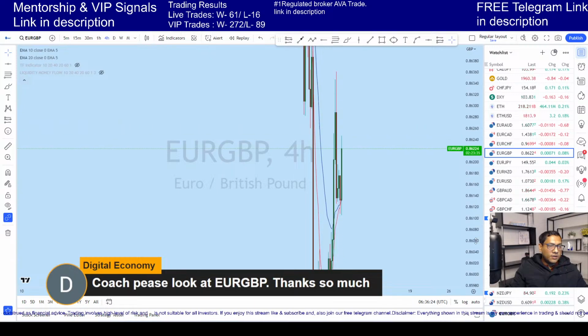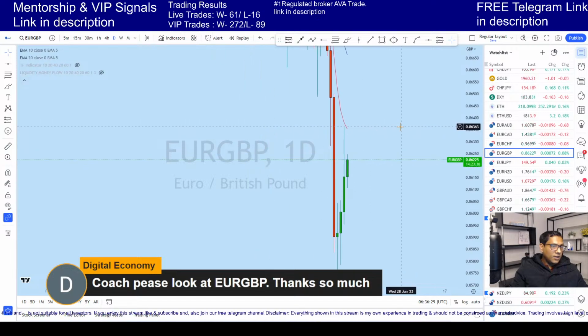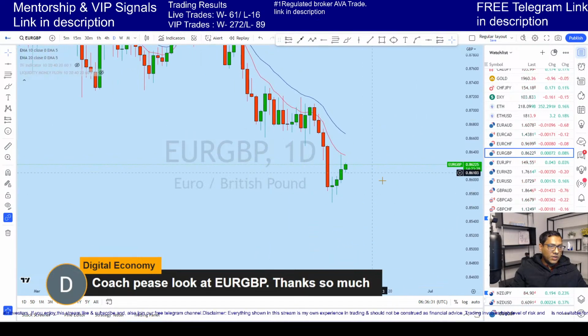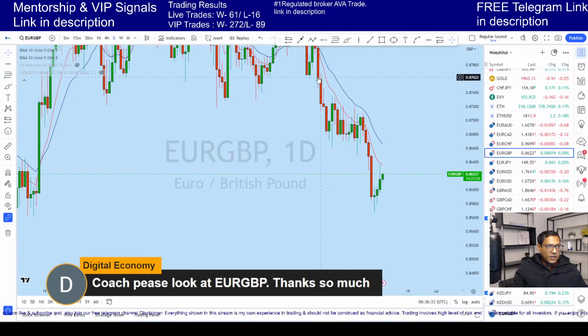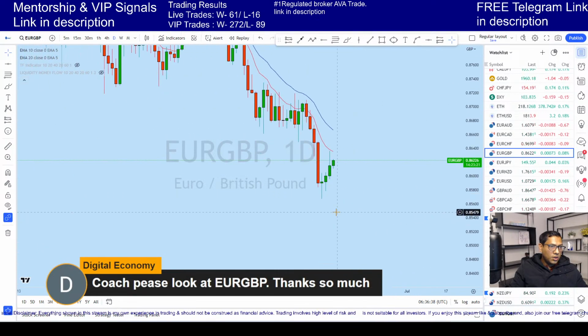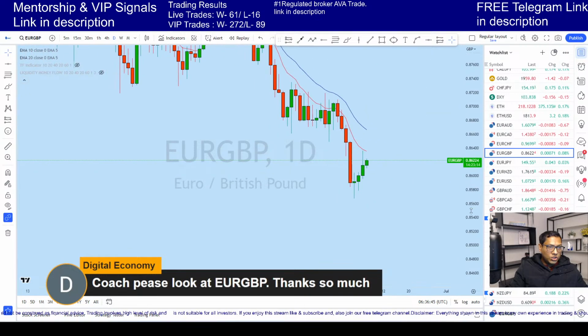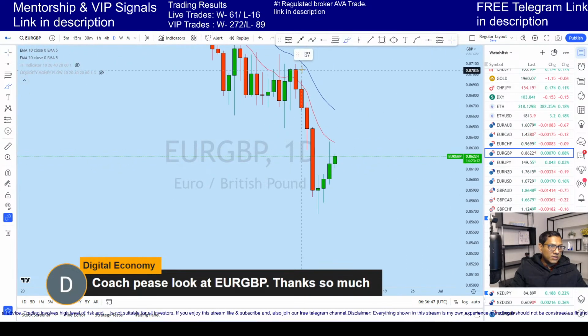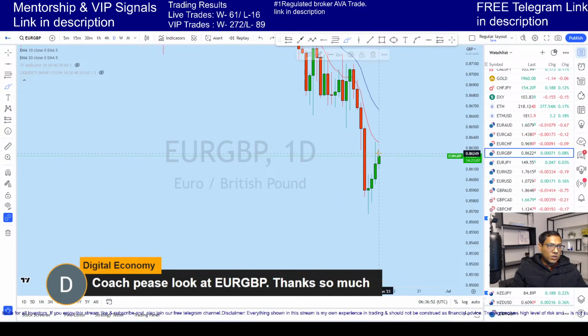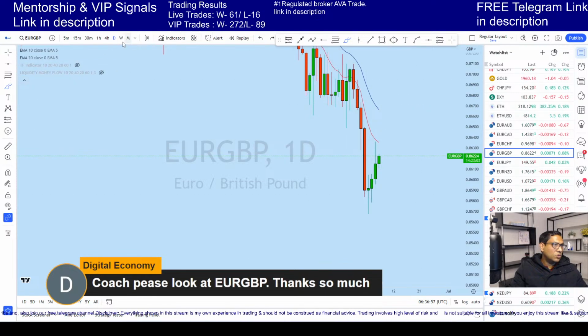Okay, so looking at Euro GBP, I will be looking at the daily. Now Euro GBP, guys, from the daily, still this is a bearish market. But we saw that from this support the market is going up. It might be a bit of a stronger pullback. So on Euro GBP from the daily, you can see this daily impulse has completely broken down. We can now expect the price to go ahead and test this support as a resistance, then we can expect the price to come down again.